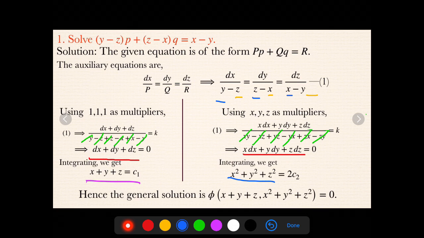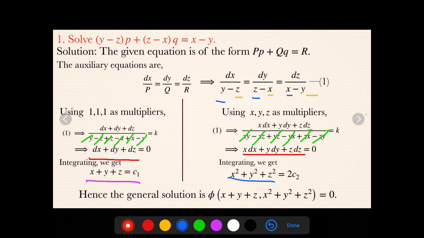Okay. And sometimes we can mix the method of grouping and multipliers, we can apply both there. If you have seen a few problems, in the coming problems I will consider that also. If you consider the first two terms, I can separate the variables so that I can integrate, so one solution we will get. Second solution, if the pair does not exist, then go for the multipliers. They won't ask separately. In a few questions we can use both the methods.